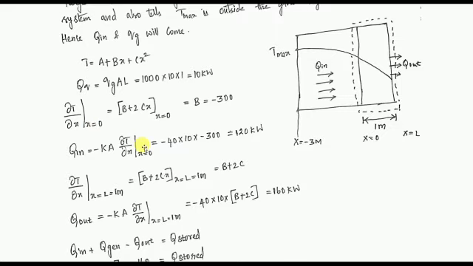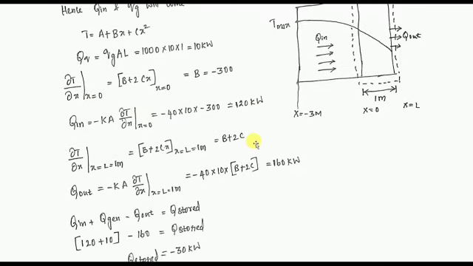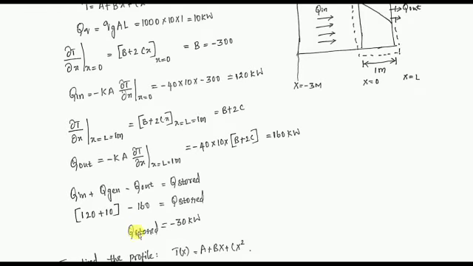If you substitute this value, you will get Q in as 120 kilowatt. That's all, you found Q in. Now, they have specified the thickness to be 1 mm. That's why you have taken L to be 1, be very careful, and L to be 1 meter. So Q out you have to find. Then only you can find Q stored. If they ask only for Q out in the second question, the problem would end at 160 itself. You need not go for Q stored.